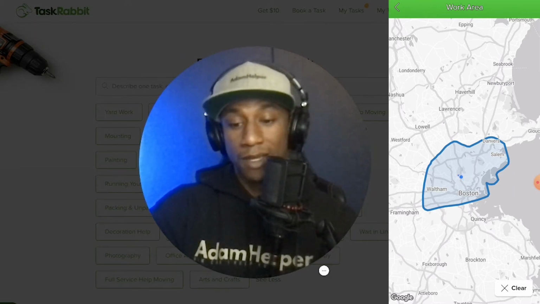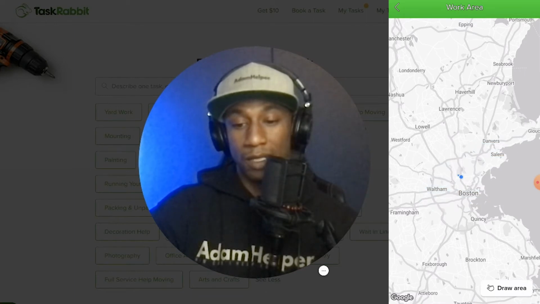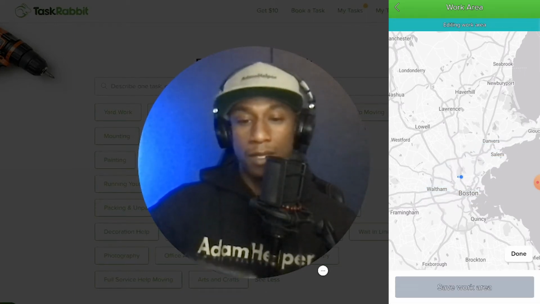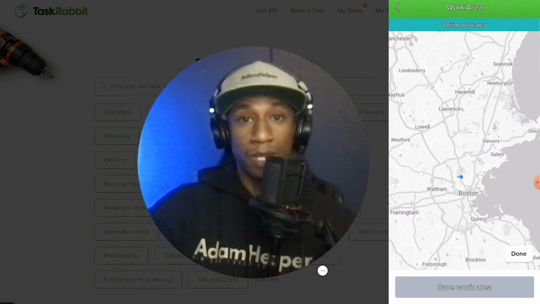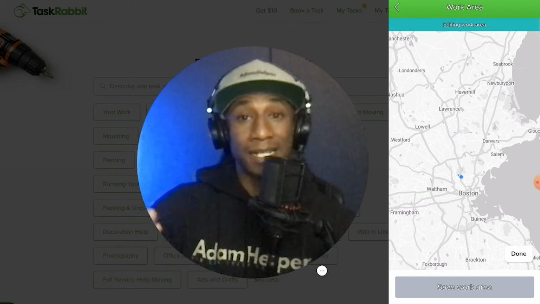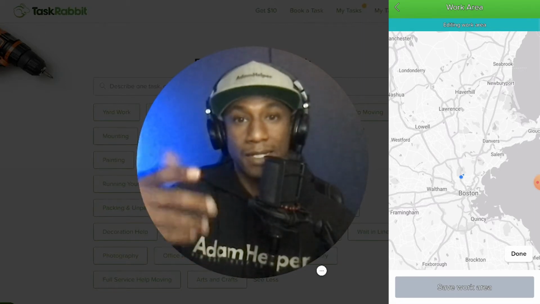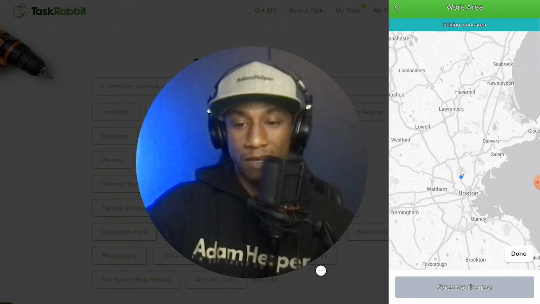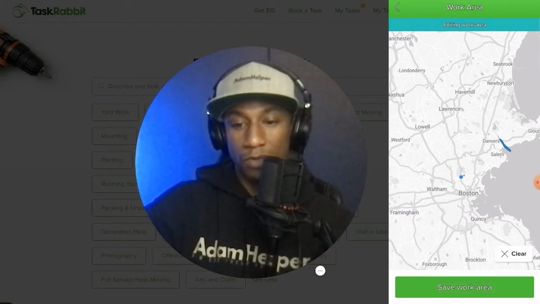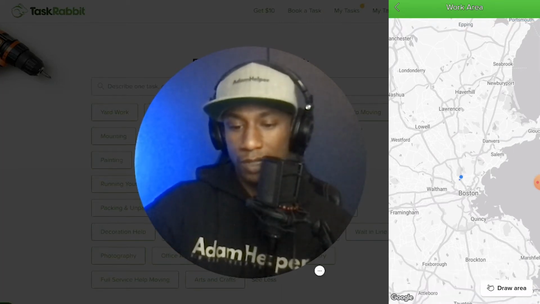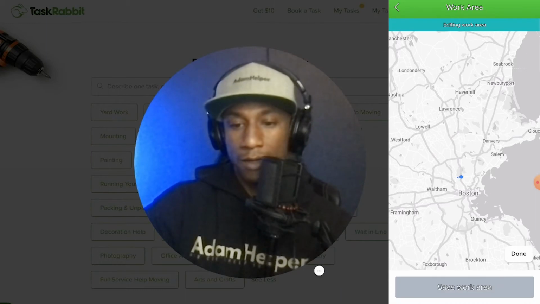in this area. So all you would do is come in here and click clear in the bottom right hand corner, and then you'll click on draw area, and then you'll just map out the area you would like to potentially get booked in, or at least be seen and marketed to other TaskRabbit customers. So I'm going to start up by that Danvers area again near Salem, and sometimes it'll close off like that if your finger just kind of closes it. So you just clear, do draw area again, and